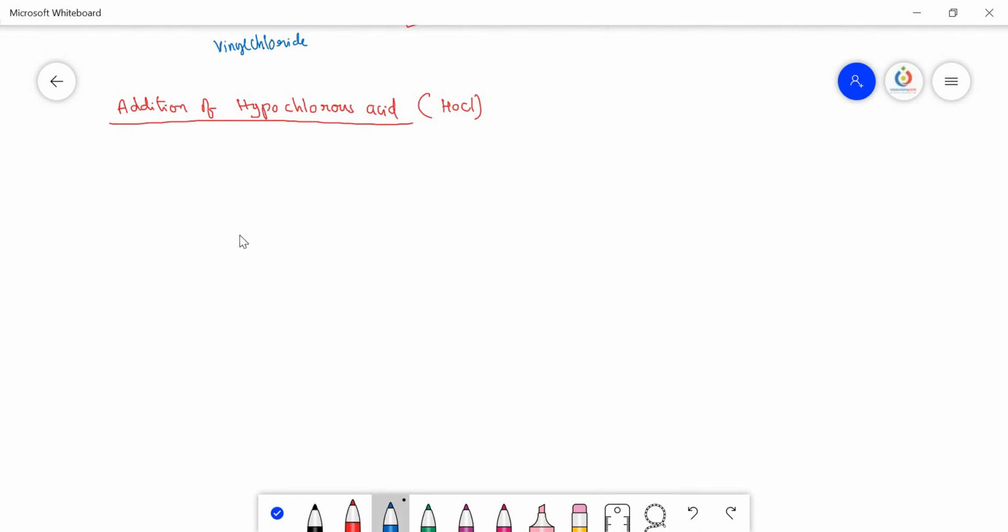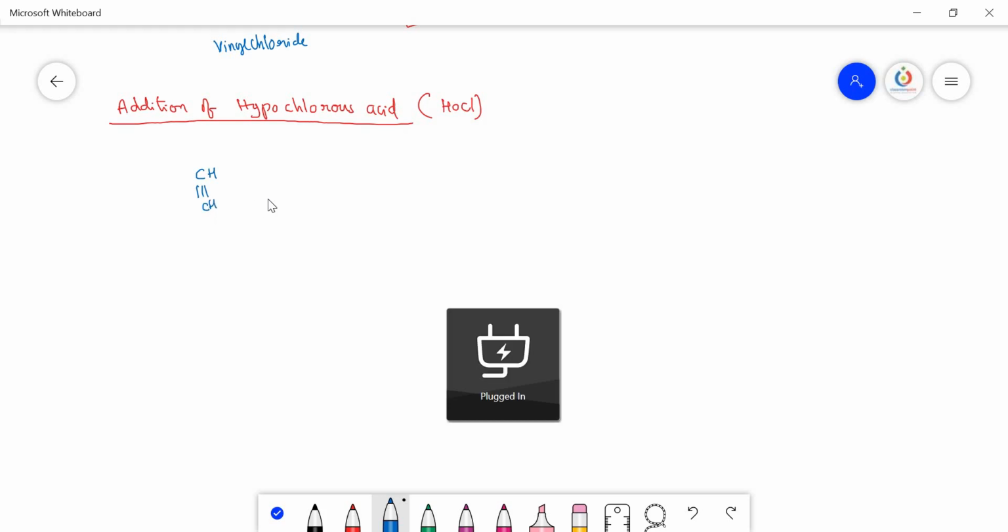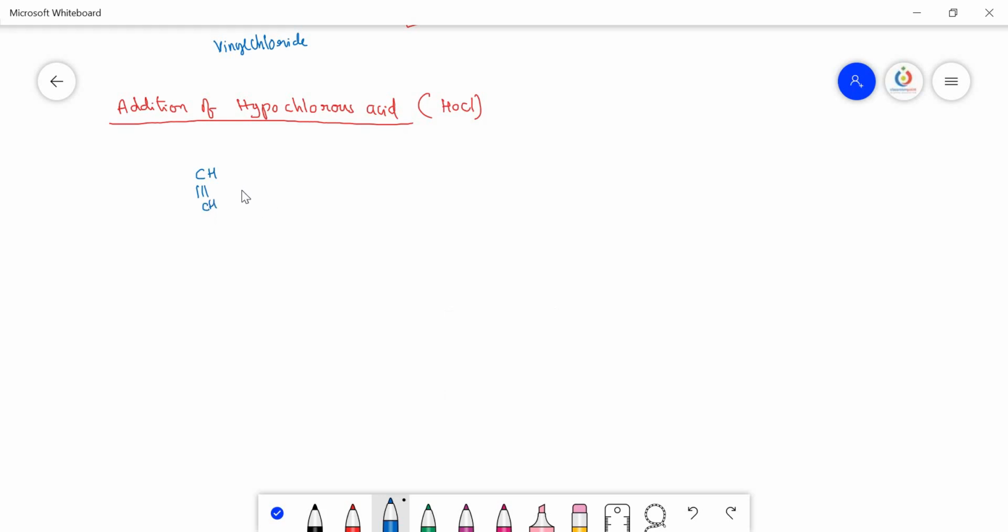So I'll take, as usual, two different alkynes. One is acetylene. So acetylene on reaction with HOCl: in HOCl, OH gets the partial negative charge, chlorine gets the partial positive charge. So the positive charge on one side and the OH part on the other side. Imagine we added the chlorine here and OH there. So the molecule becomes double bond CHCl and here OH. Now there is one important thing to see in this particular case,